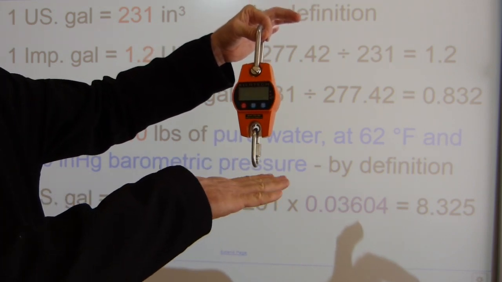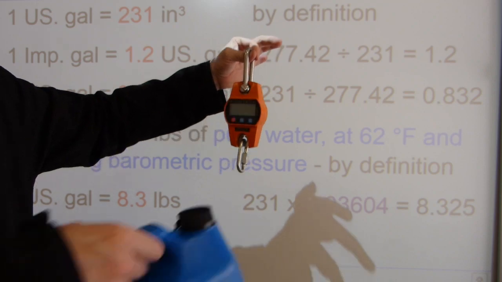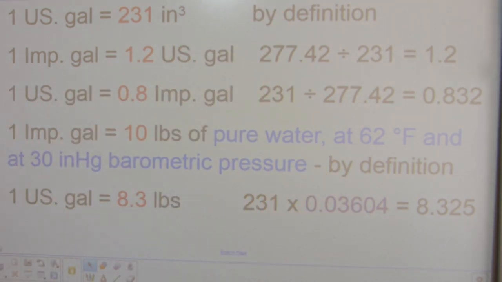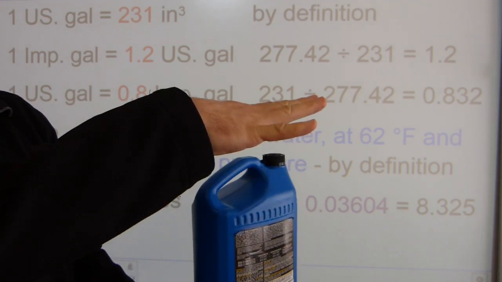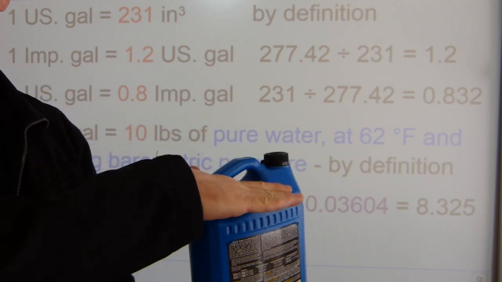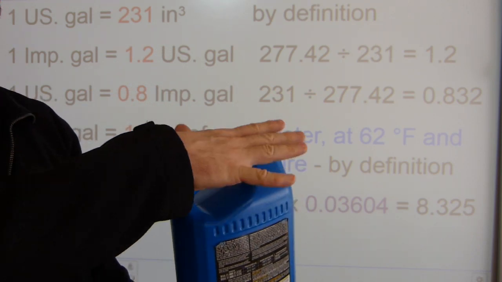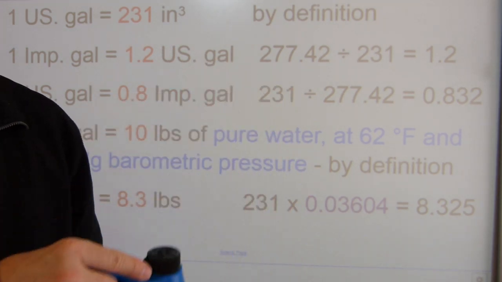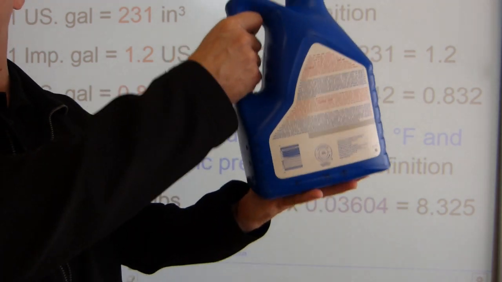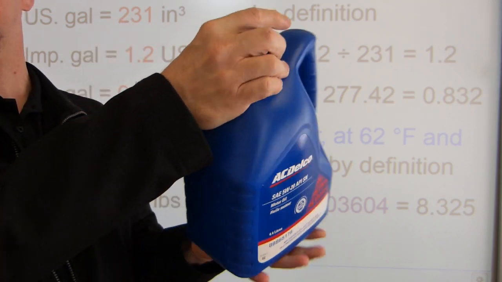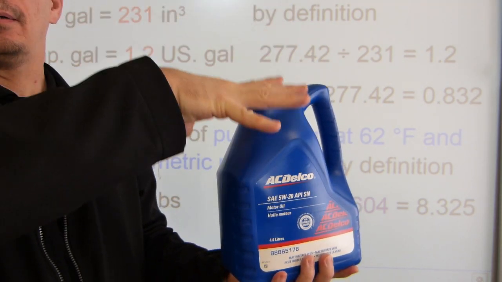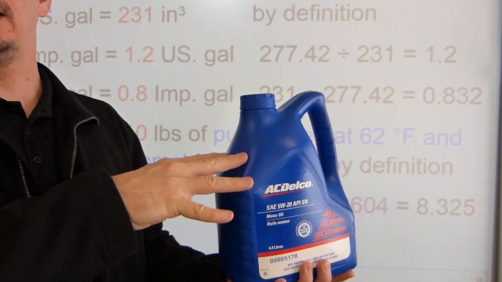Let's start with air pressure. Air pressure is going to be pushing down on the container. It does matter at what altitude you take a measurement, because air pressure drops as you go higher up in the mountains, so how much air is pushing down on the surface of the container in which this 10 pounds is. I know I grabbed the US gallons, so let's grab the Imperial gallon there. This is actually 10 pounds plus the container's weight,